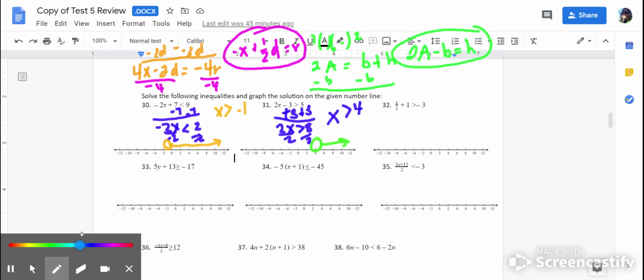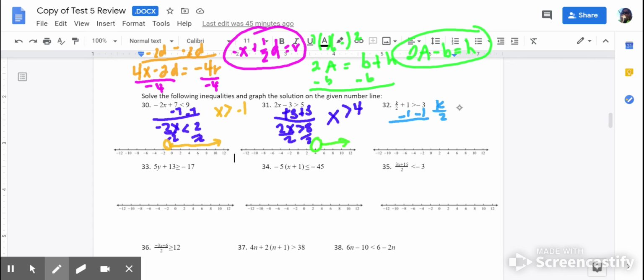Okay. For number 32, we're going to start by subtracting 1 from each side. So we get k divided by 2 is greater than negative 4. Then we're going to multiply each side by 2. So k will be greater than negative 8. I did not have to flip my sign because even though I multiplied, it was a positive number, so it could stay the same. It is just greater than, so I'll use an open dot, and